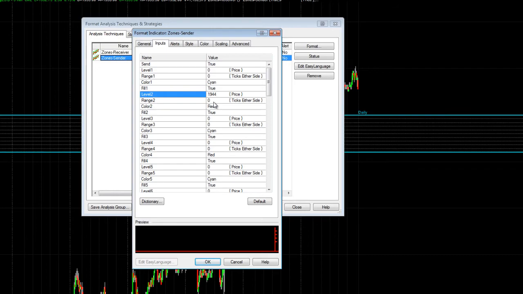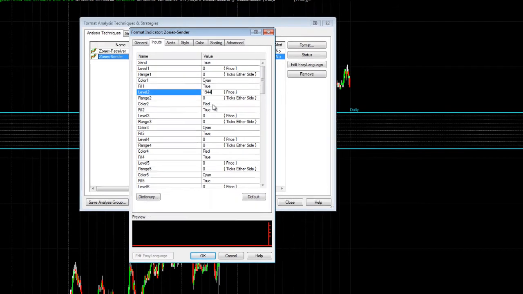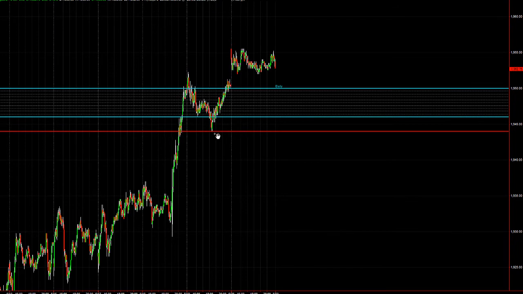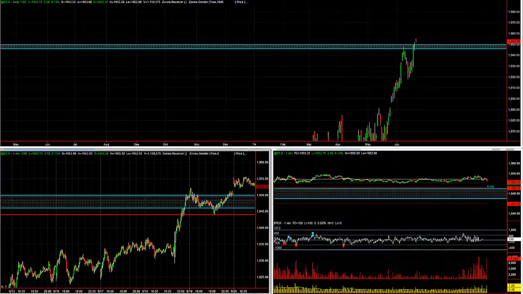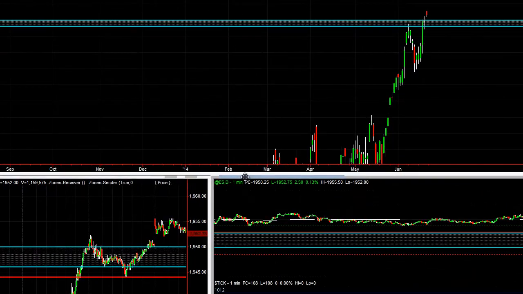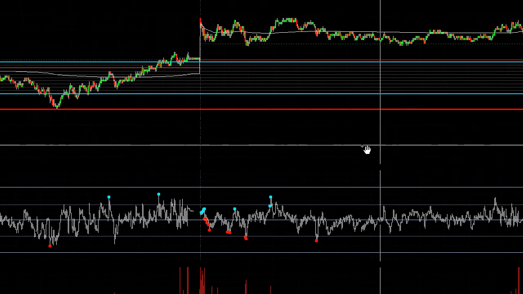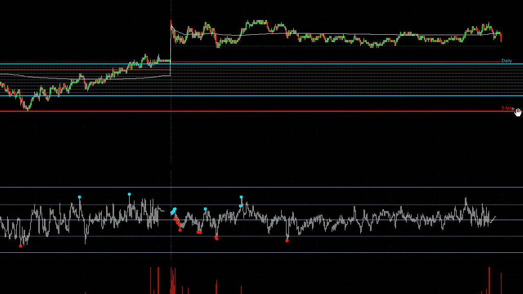I just want a solid line, so I don't have to put ticks either side. The colour's going to be red. I'm going to leave it at that. So close. There we are. A nice solid red line at 44, which was Thursday's bounce area. And then I'm focused on my 1 minute chart. I have to refresh it first so it all gets up to date. And there we are. On my 5 minute time frame, it's coming up and showing me that 1944 is a